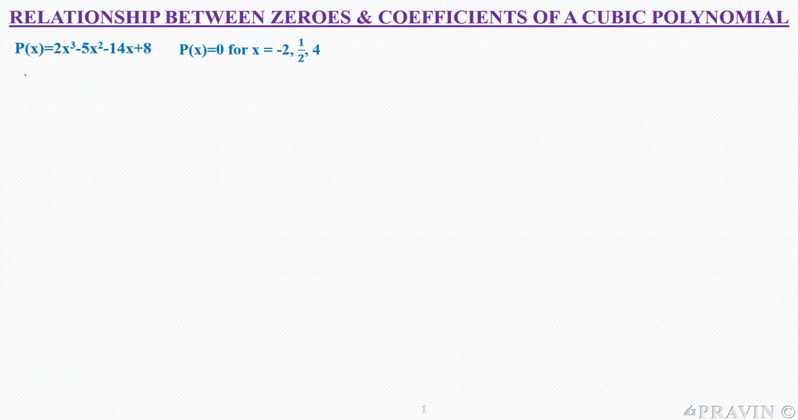First relationship is the sum of zeros. Just sum up all these three zeros, that is −2 + 1/2 + 4. You will get 5/2, and this 5/2 can be related with the coefficients of the given cubic polynomial. Means 5/2 can be written as minus